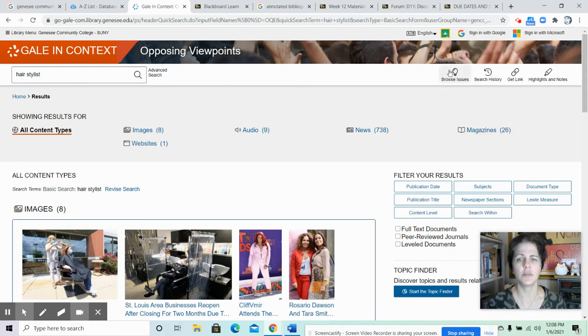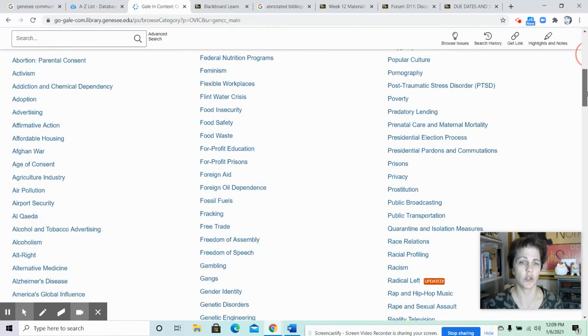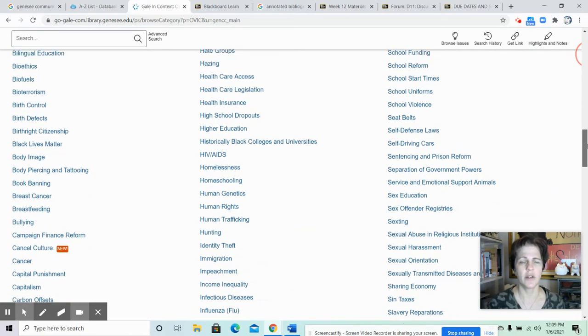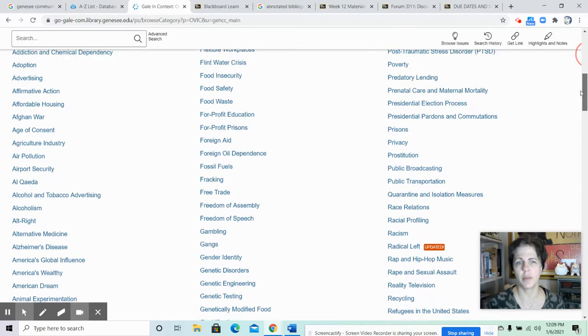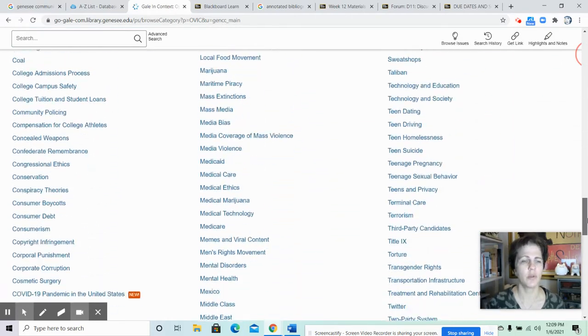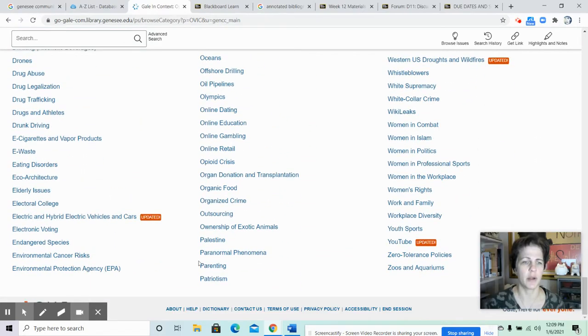All right, now browse issues, though, is another way of searching. I used the search box, but you could also go to browse issues, and it will give you, if you're, let's say I told you you could write about anything, and you could pick your own topic, then you would look through here, right? And you could pick anything. So, under the R topic, maybe we want to pick, we'd have to figure out what our keywords are. I'm thinking employment might be a word, right, that we would look up. And pretty much everything people argue about is here. So, and of course, we don't see employment just because I said that.